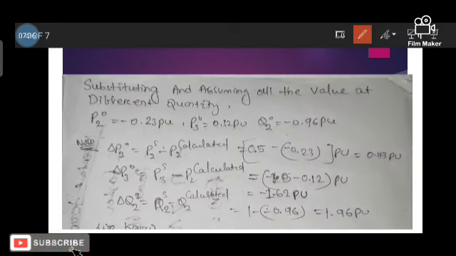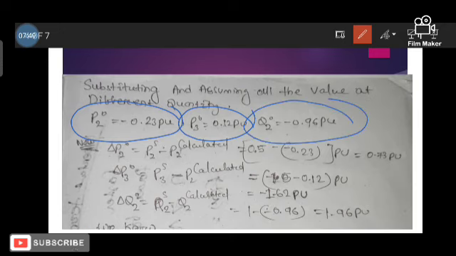Then we will form the P2 0, the initial value of bus number 2 power, that is minus 0.23, the initial value of bus number 3 power, that is 0.12, and the reactive power of bus number 2, that is minus